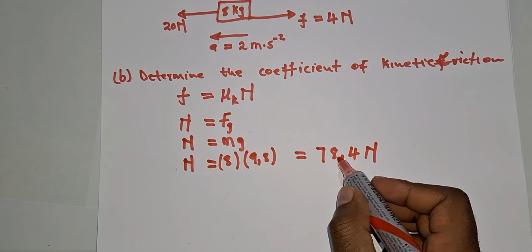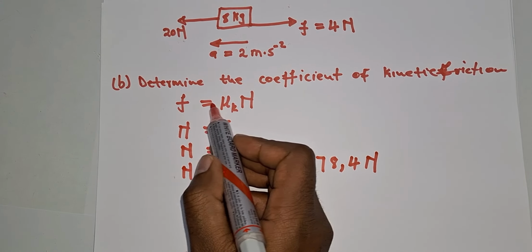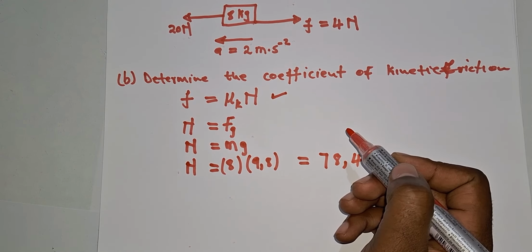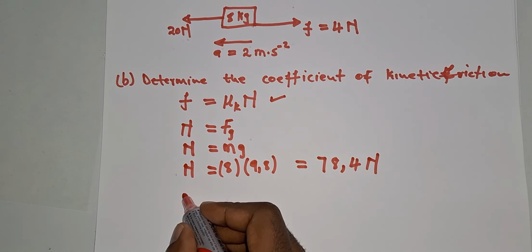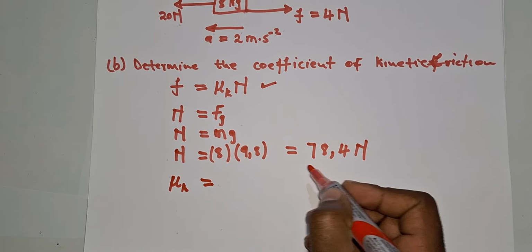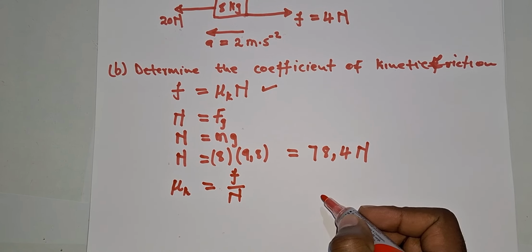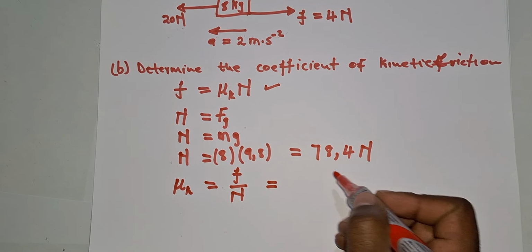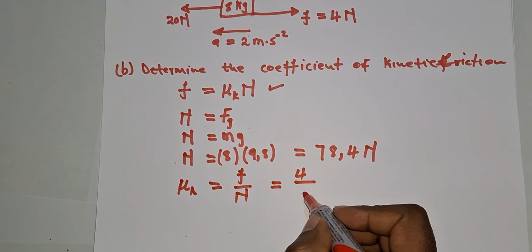So since now we have the normal force, which is N in this case, from this equation we can solve for the coefficient of kinetic friction. I'll just rearrange this equation and put the coefficient of kinetic friction as the subject of the formula. If I do that, I'm going to have friction divided by the normal force. The friction, I already have: it was 4 newtons. And the normal force I just determined, which was